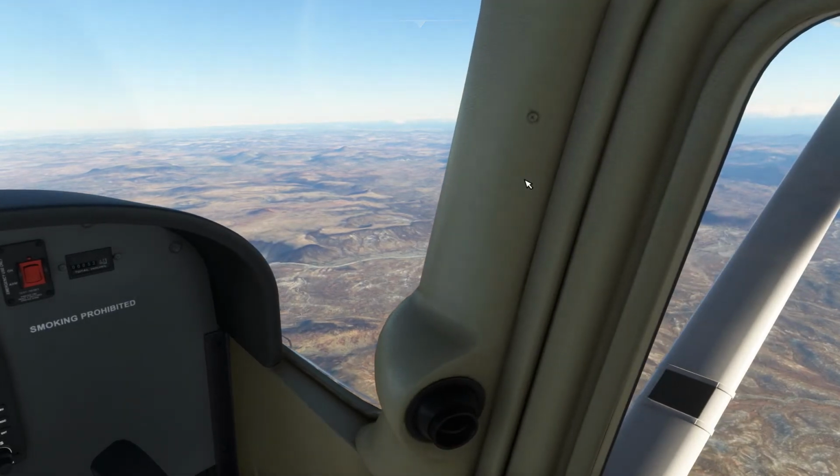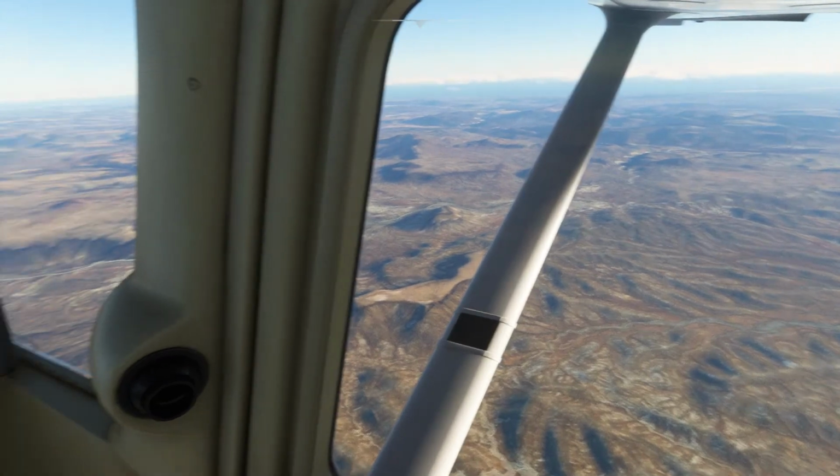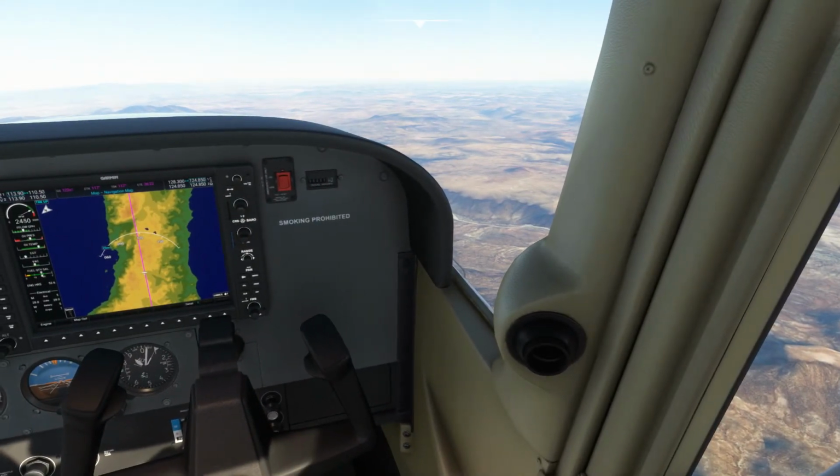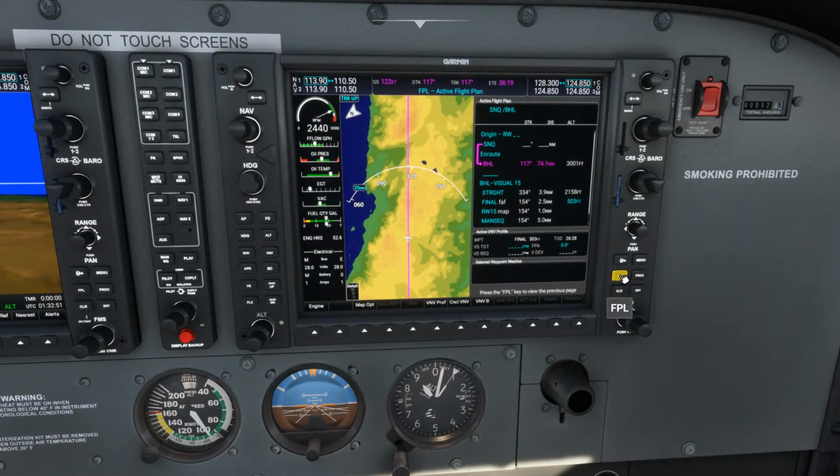Let's see if we can spot those lakes. We have about 26 minutes until we start descending, and we have 36 minutes estimated time of arrival to Bravo Hotel Lima, and then we'll go ahead and go along this flight plan here to land on runway, what did they say, runway 15?